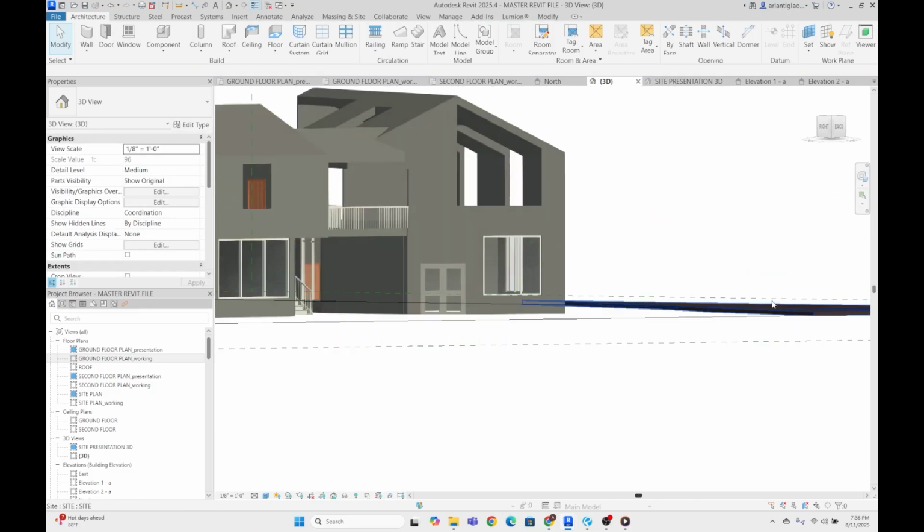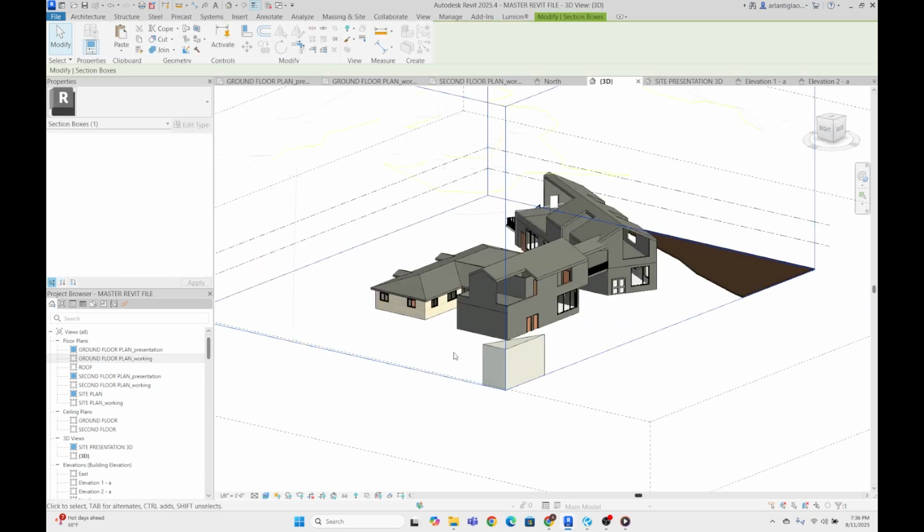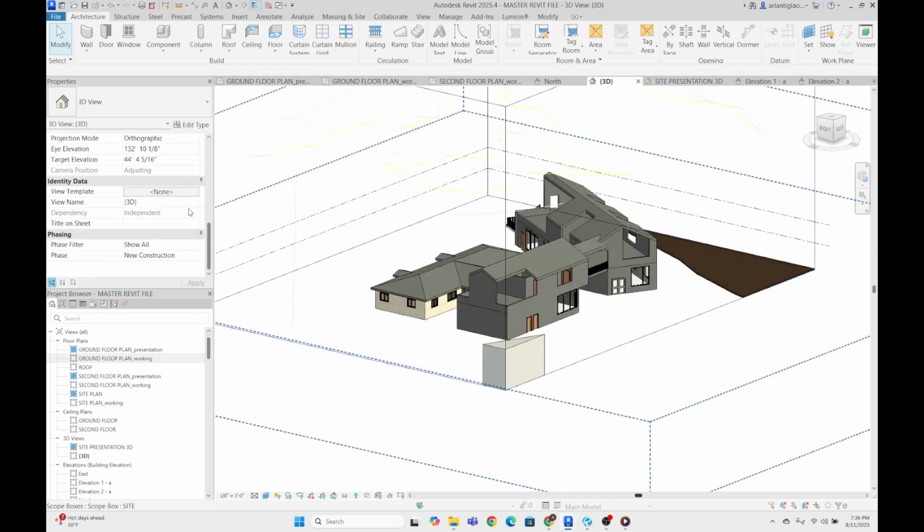So it seems like it's not showing some of the site here, and maybe it's because our scope box is not